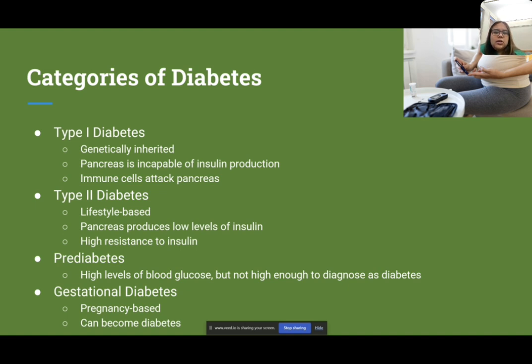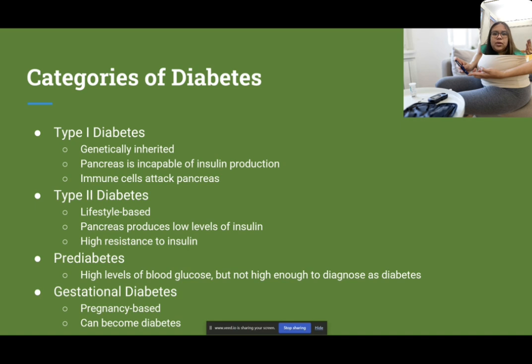Type 1 diabetes is genetically inherited. That's when the immune system attacks the pancreas, and then the pancreas is incapable of insulin production. In contrast, type 2 diabetes is when one sustains unhealthy lifestyle habits like smoking, drinking, eating really high caloric, fatty, processed foods, sugary foods. And then that's when the pancreas produces low levels of insulin because it's deteriorating and it's not supported. And there's a high resistance to insulin because the body is just trying to catch up to the lifestyle habits